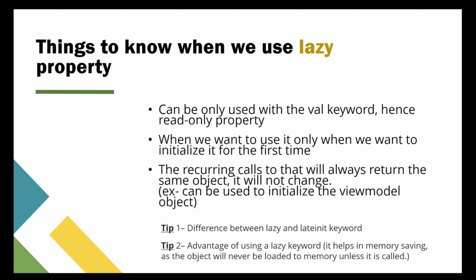Second, whenever I make repetitive, recurring or subsequent calls to the monitor object, it will always return me the same object. It will not change. For example, the best place we can make use of the lazy property could be when we are creating the Retrofit object, or when we are making use of the ViewModel object, where I will call the objects 1000 times in a class, but I want the value to remain constant